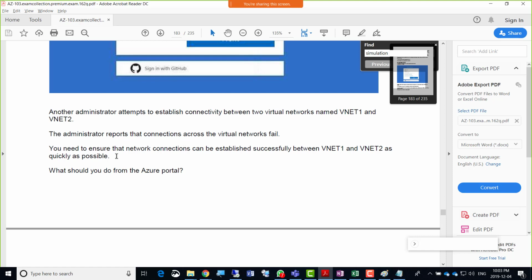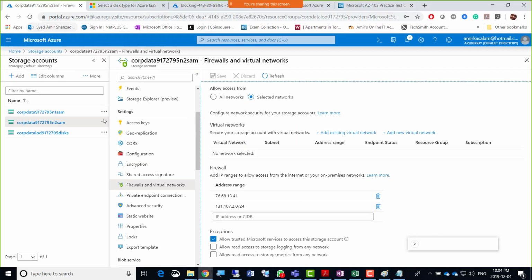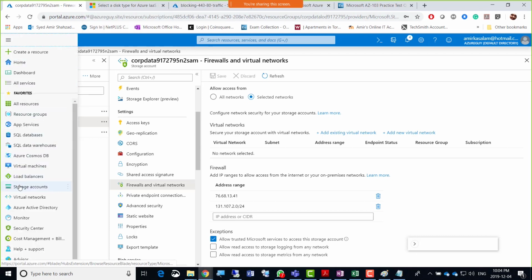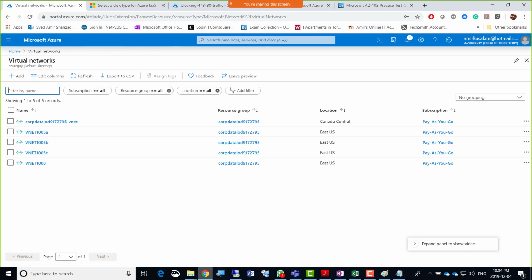So maybe they created the peering and they left out something. Maybe it is disabled. You can just go ahead and click the enable button there. Otherwise, create a peering there. But in order to do that, if we are inside the VNet, virtual networks, we have the two connections there.